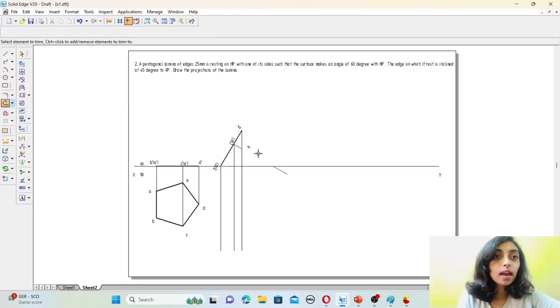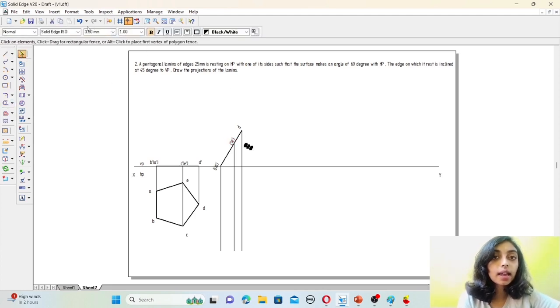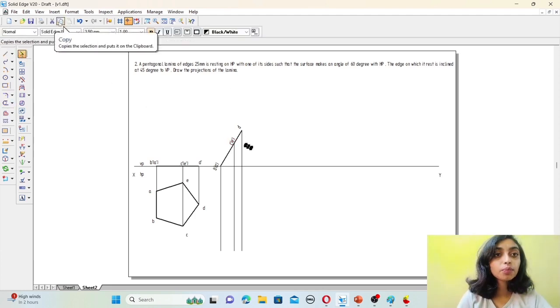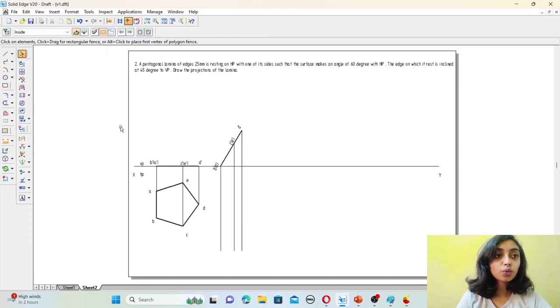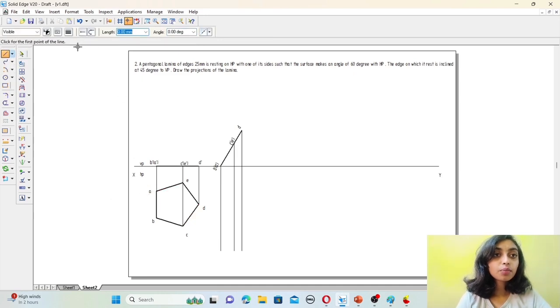So trim this line. You want to remove that E. Go to select option, then cut. So now extend these lines horizontally also. Make sure you have 0.13 mm thickness.